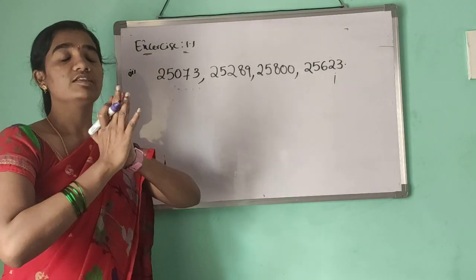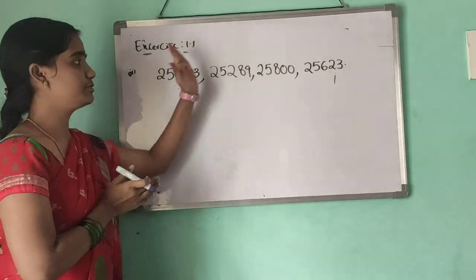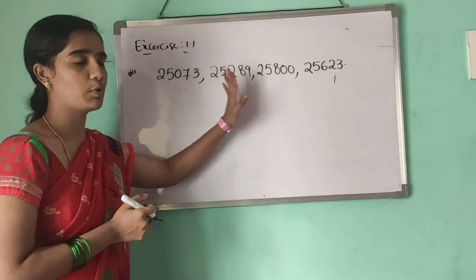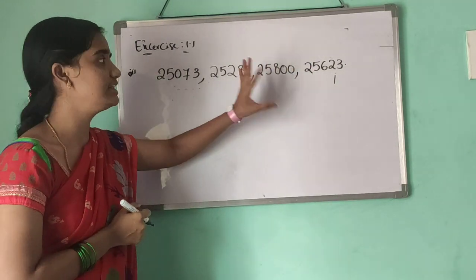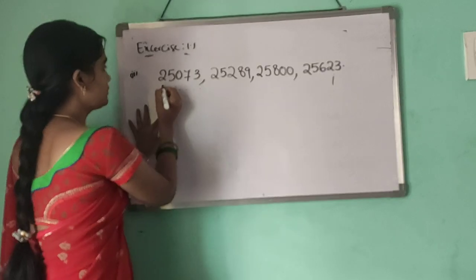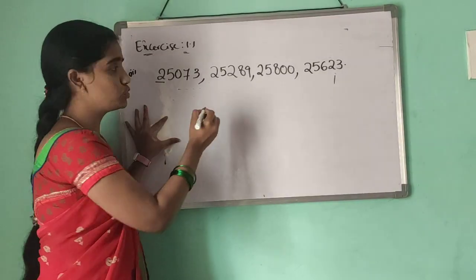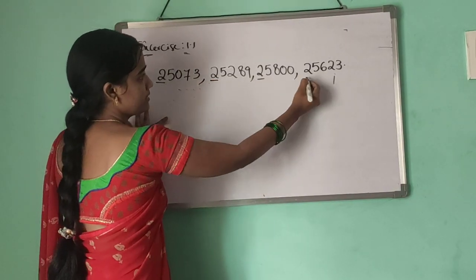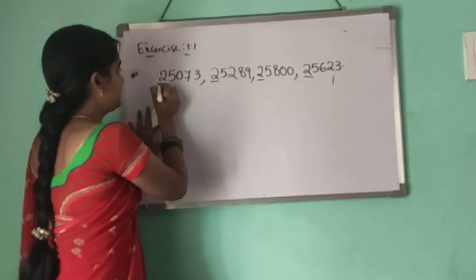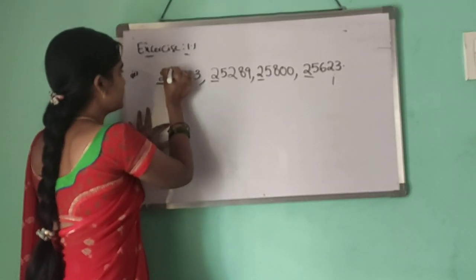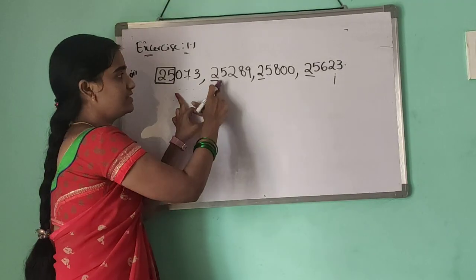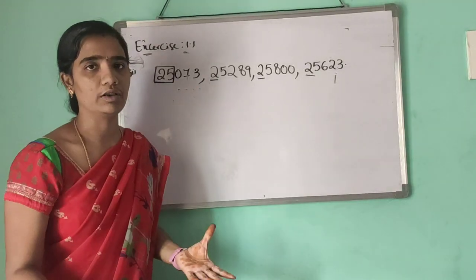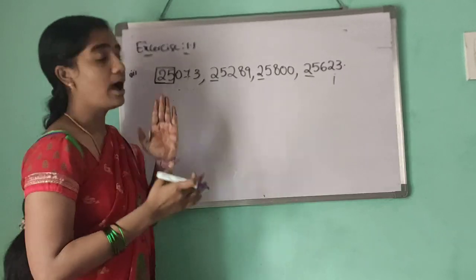So we have to start checking which is the smallest number and which is the greatest number among these 4 5-digit numbers. Here also same. In the 10,000 position, the first number is 2, the second 2, the third is also 2, the fourth is also 2. The 10,000 positions and 1,000 positions are all the same. We do not compare them. Okay, you have to move on to the 100th place.